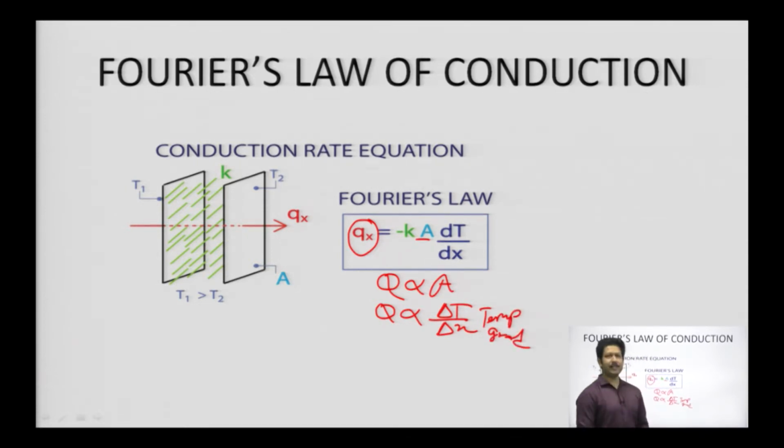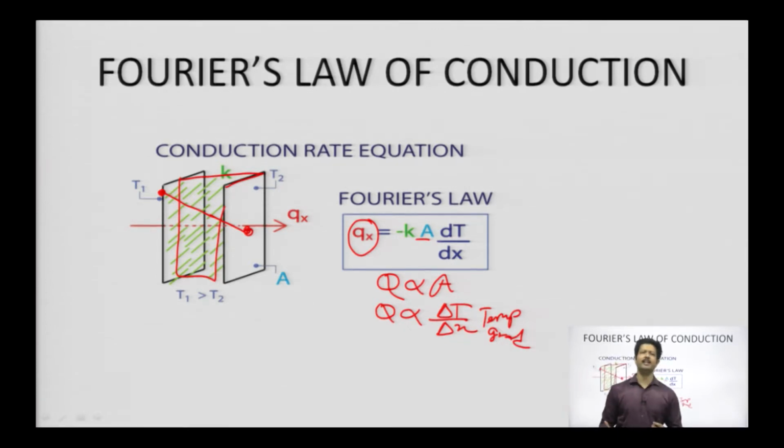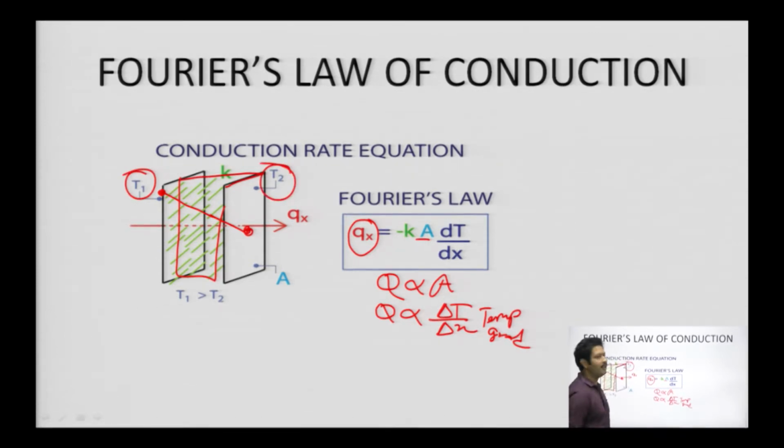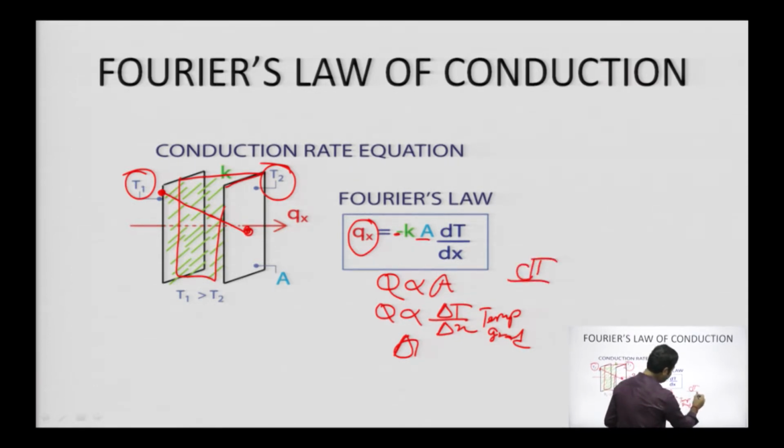Okay, the temperature gradient is basically negative. Why is it negative? Because the heat has to come all the way from here, crossing some material in between, and then coming here. So the material actually absorbs the energy from the heat. So the temperature you will measure here will definitely be higher than the temperature you measure here. That's why you find a negative sign. So delta T by delta x, dT by dx, is always negative.